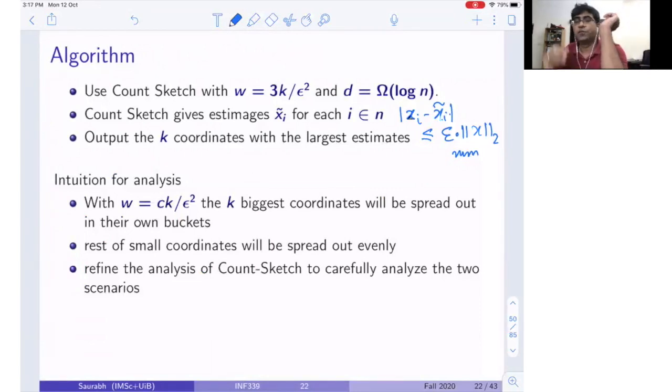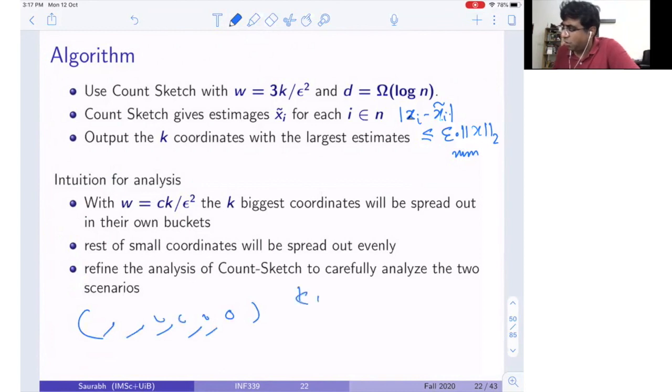What are the two scenarios, if you notice? Look, if the vector x has far too many coordinates which are heavy and k is too small, then my error itself is too big, so whatever I output, I will be okay. But the analysis becomes much trickier when the input vector itself is a good estimate in L2 norm. Then it becomes very difficult to understand and analyze that situation, right?